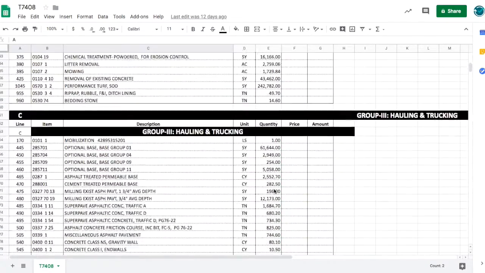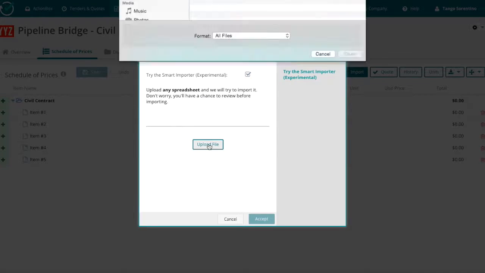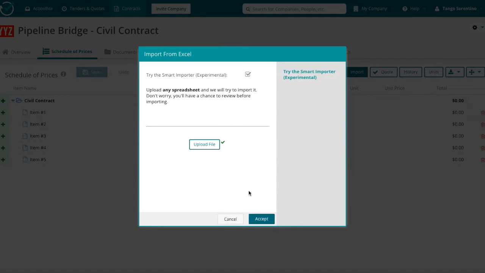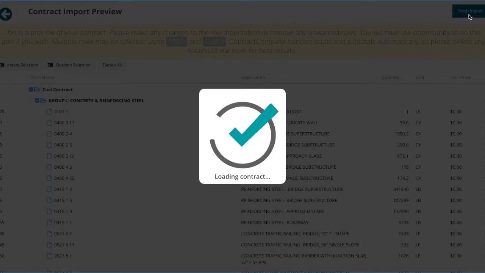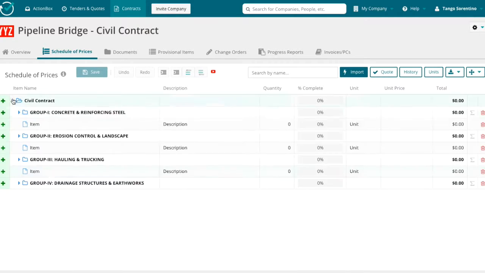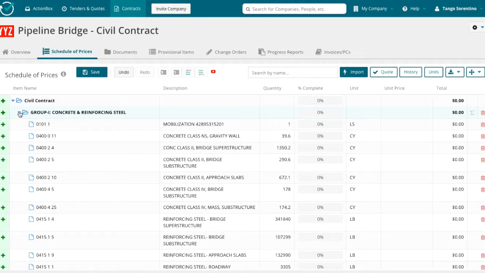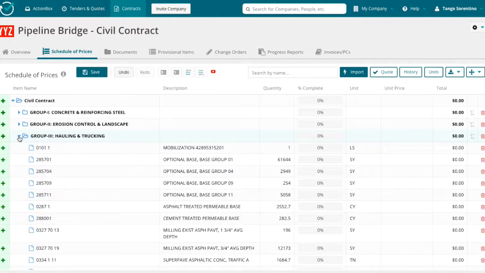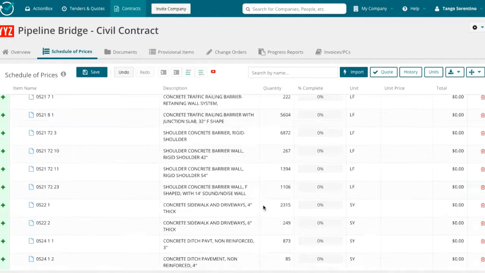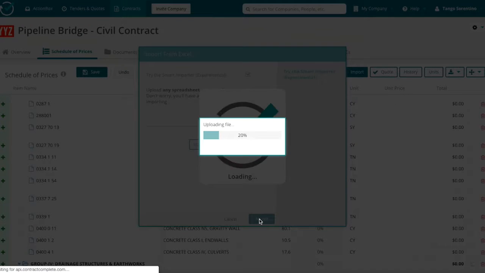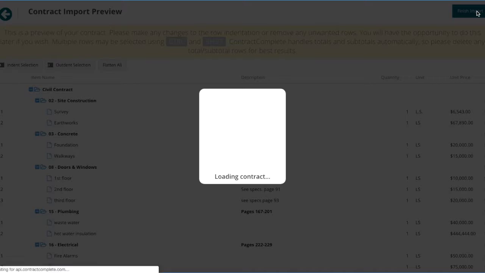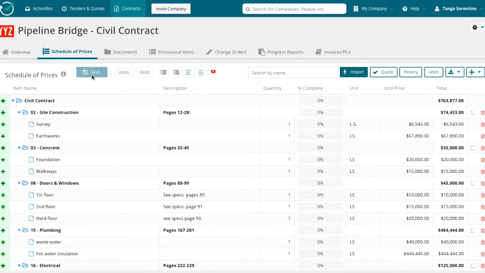Now to get started, here's a more complicated bill of quantities. Our smart importer will recognize it and subgroup it accordingly. And this is an example of a contract using master format. We can see all the coding on there, but I'm gonna choose a simpler contract for this example. So we'll just look at a multi-trade here. Only a few line items for each